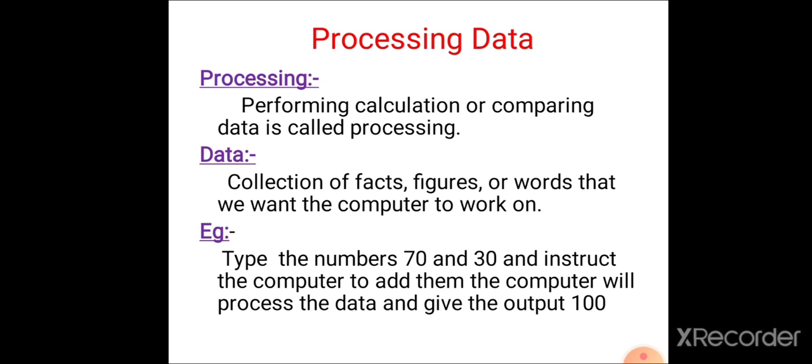Say you have given 70 plus 30 as an input to computer. It will give you an output saying 100, right? Yes. Now the process which has been done by the computer to calculate 70 and 30 is called as processing data. When you calculate 70 plus 30, you add them, opening your fingers, counting them like that, right? The task which is done by the computer to add 70 and 30 is called as processing data.